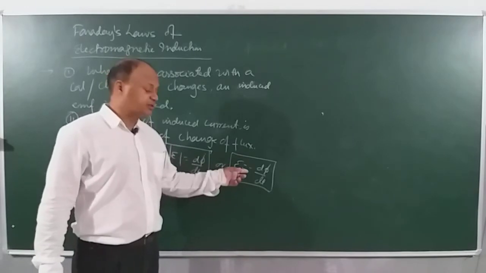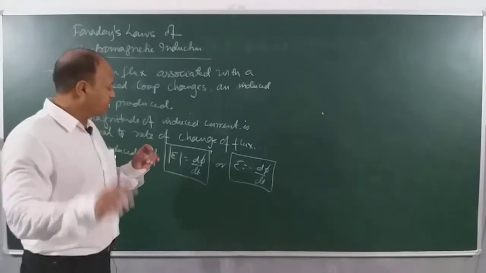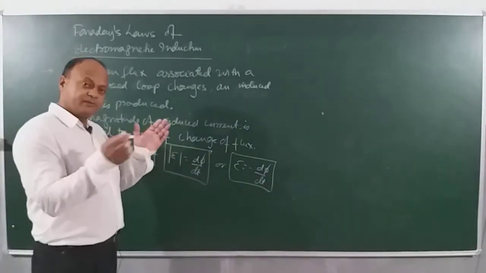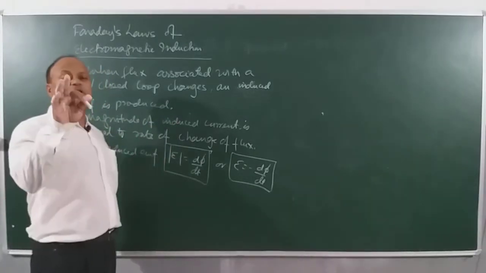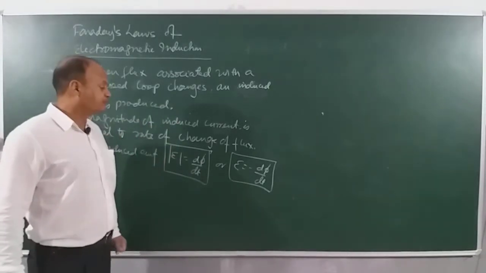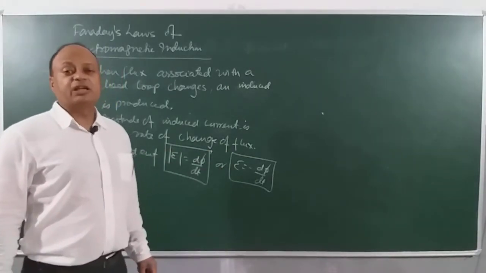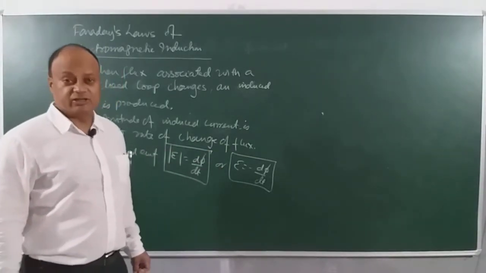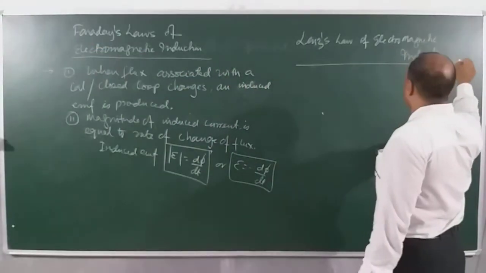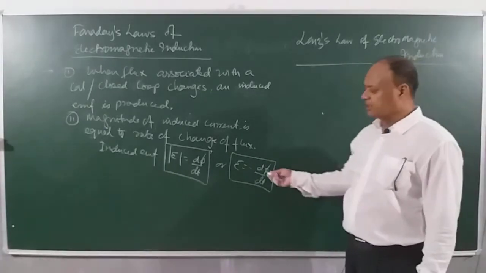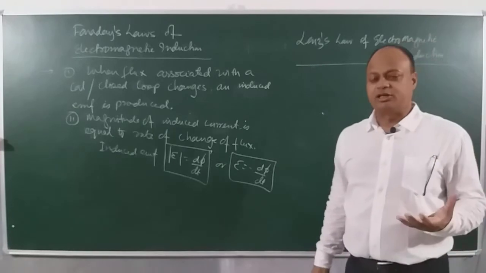Now, we will understand the significance of the negative sign and how it came about. But before that, one thing is certain, that if I move the magnet faster or I move the coil faster, or I move both of them faster, I will be able to generate more EMF, right? Now, this negative sign has to do with the direction of the induced EMF, and for this we need to understand Lenz's law. Okay? Children, for understanding the negative sign, we need to understand what is Lenz's law.